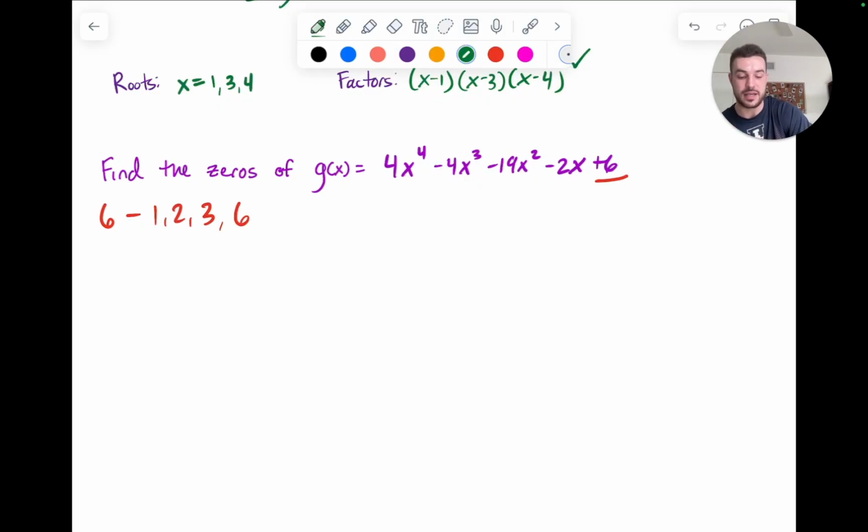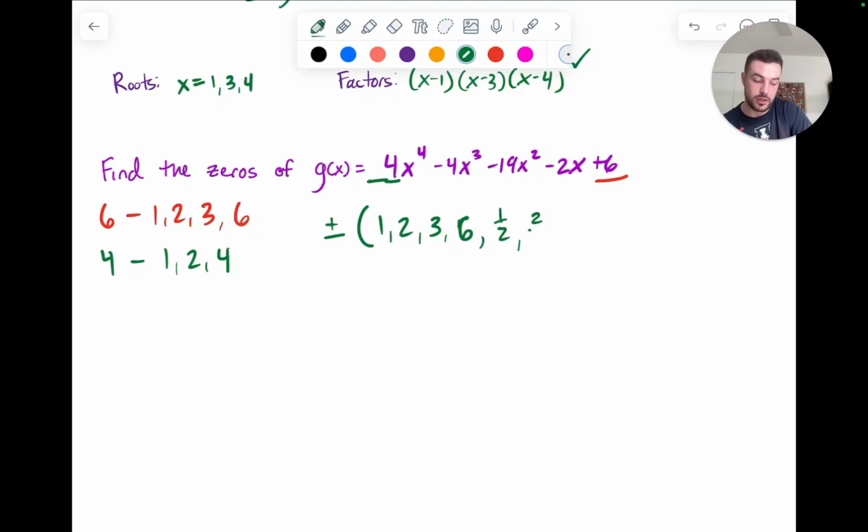Then I'm going to take my q-value, which in this case is my leading coefficient, which it always is, but is 4. Well, this one's going to be a little bit more complicated because 4 has multiple factors: 1, 2, and 4. So my list of p over q values is going to be plus or minus all of the factors of 6 divided by all of the factors of 4. So I could do 1 divided by 1, 2 divided by 1, 3 divided by 1, and then 6 divided by 1. But then I'm also going to need to do 1 over 2, 2 over 2, 3 over 2,